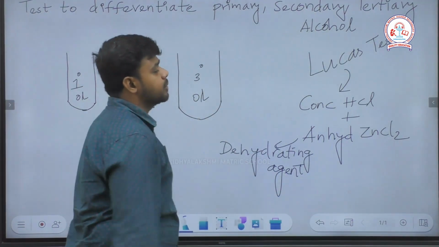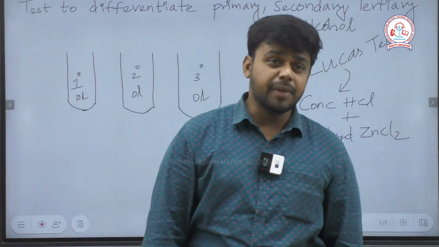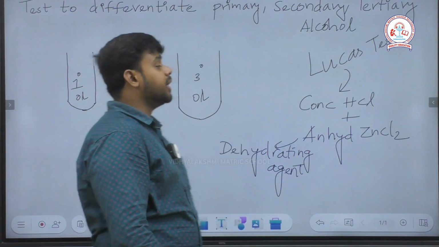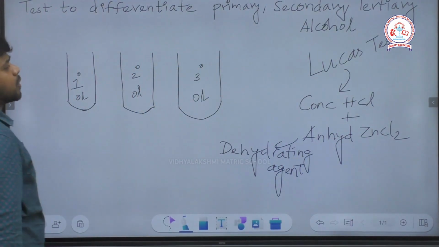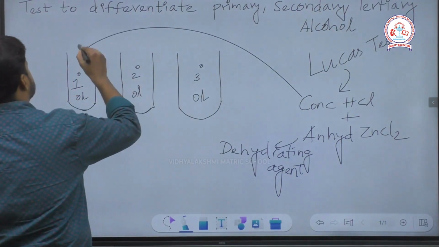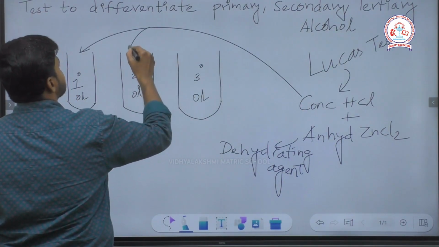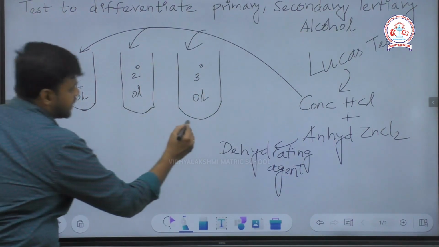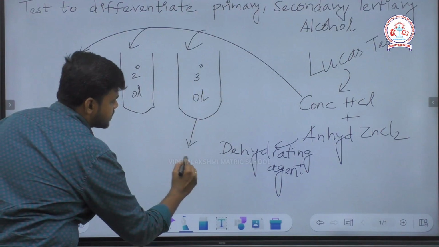So it helps to remove the water molecules so that you will be able to get the result of the product. See, what's the expected product? If we add this Lucas reagent to all the primary, secondary and tertiary alcohols, if we get turbidity immediately,